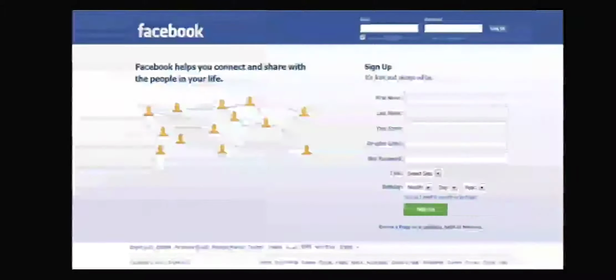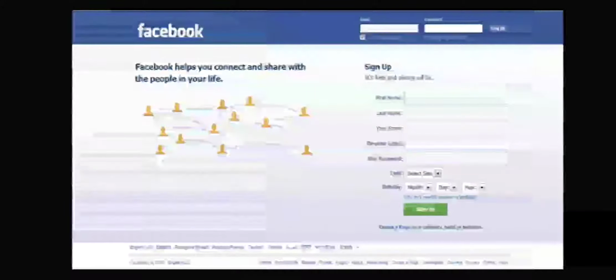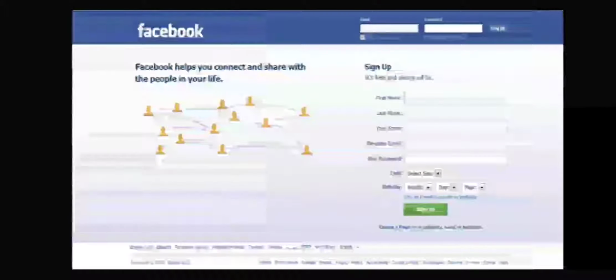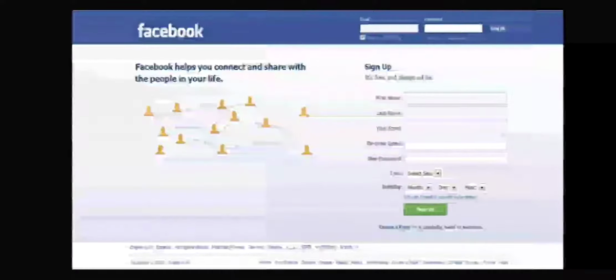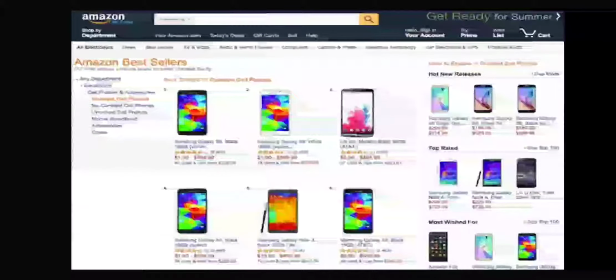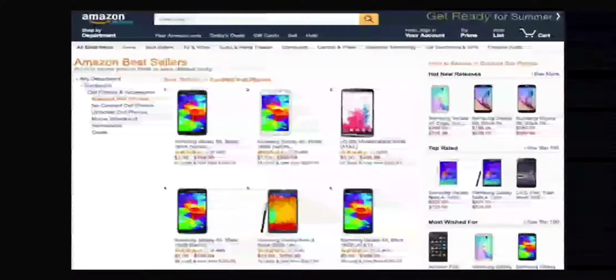For example, here I'll show you the Facebook login page. In this page you can see the image, text, and these boxes, etc. If you enter your login details in the upper box, that will take you to another page. Similarly, Amazon, the most popular online shopping site. If you want to buy anything from this, you can enter the name here and that will show you the desired results.